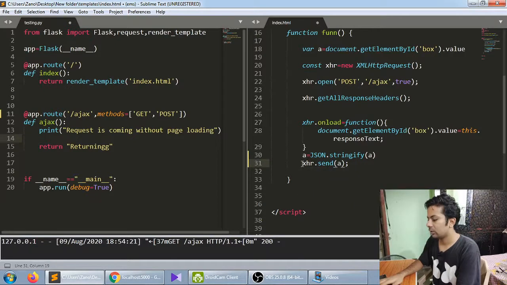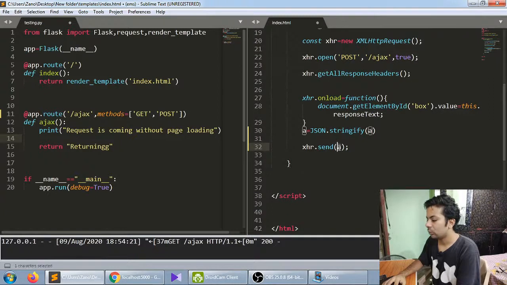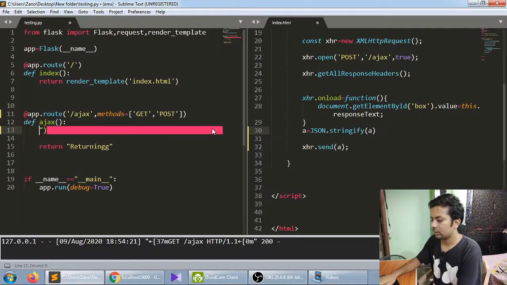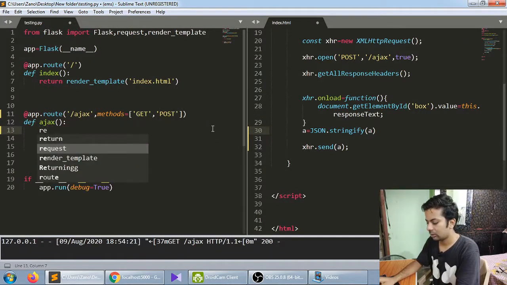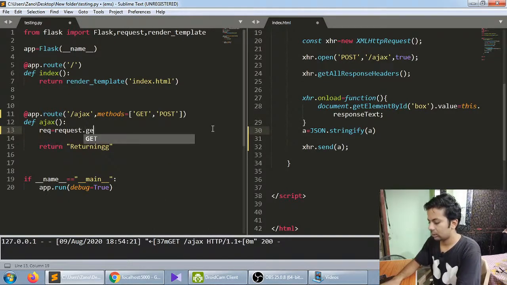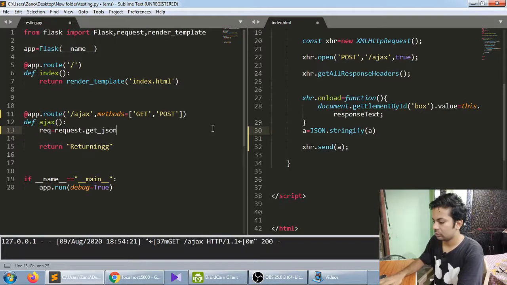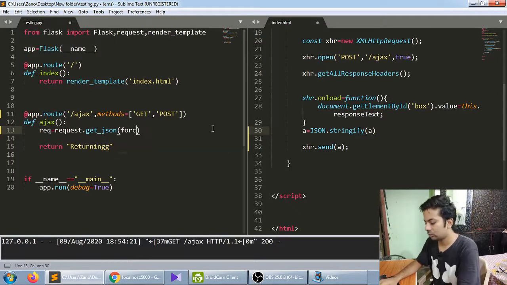Okay, now in this part we are sending the request, also the POST request, sending the variable a which has been converted to JSON format. And now here we'll just remove it. Okay, so we'll receive rec equals request dot get JSON, and we'll make force equal to true.